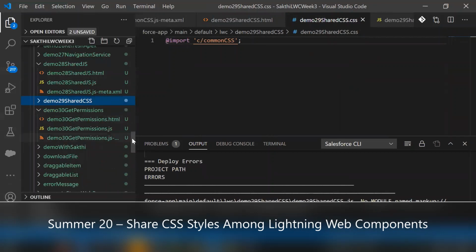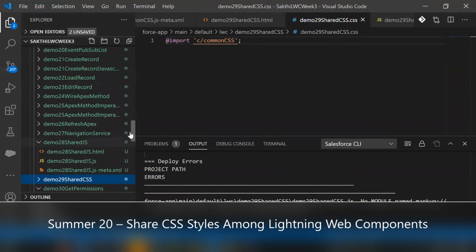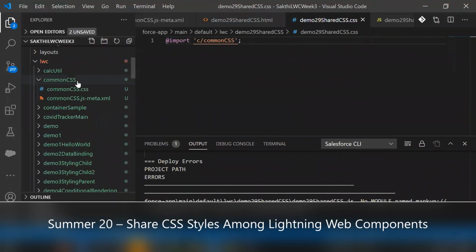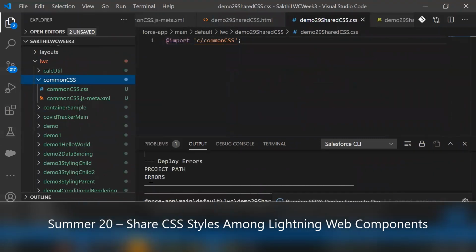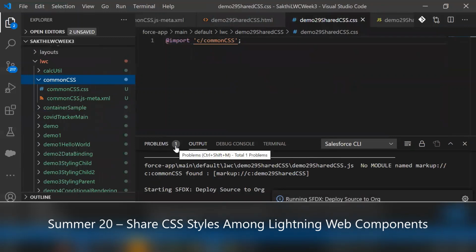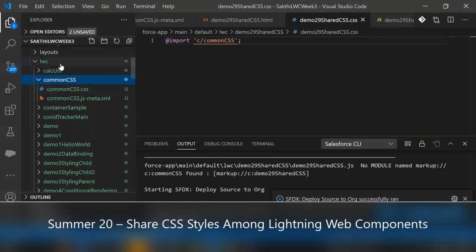That means we need to select the main component along with the CSS only module and deploy both together to fix this issue. Salesforce will probably fix this issue shortly, not sure when, but currently the workaround is to select both components in order to deploy.